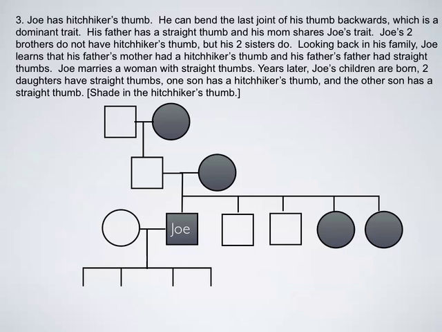So Joe's children are born. Two daughters have straight thumbs. Noreen? They both are not colored. Okay, straight thumbs are not colored in circles. One son has hitchhiker's thumb, Caitlin? Shaded in square. And the other has a straight thumb, Sierra? Not shaded in square. Yes. All right, and that's what this pedigree should look like. Again, it's basically the same. You just have more people, more